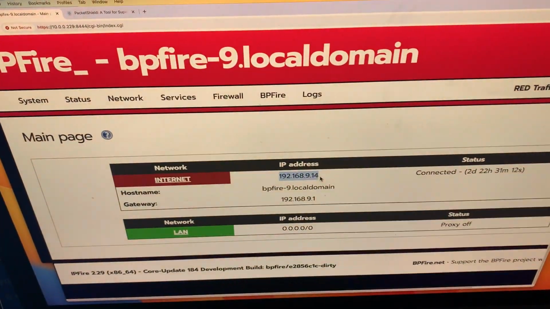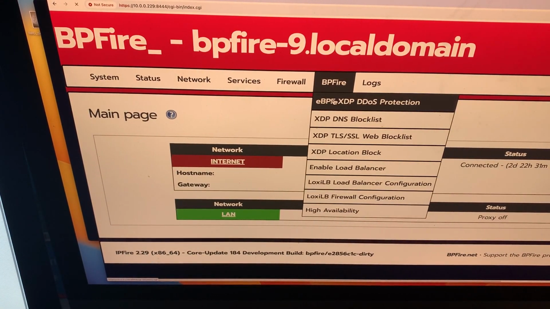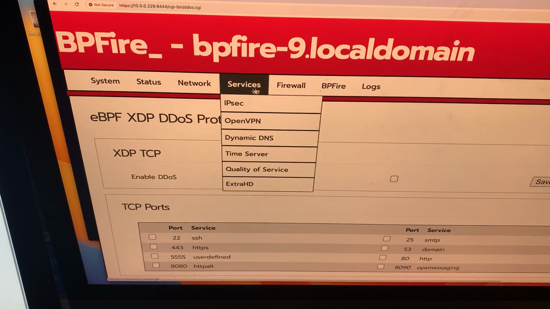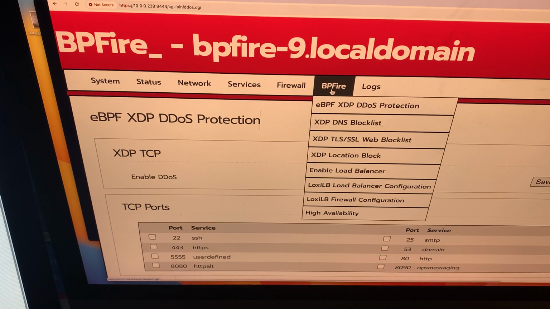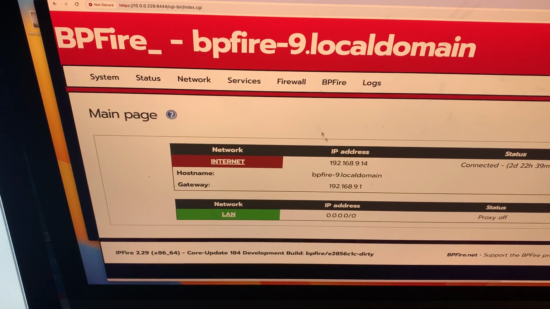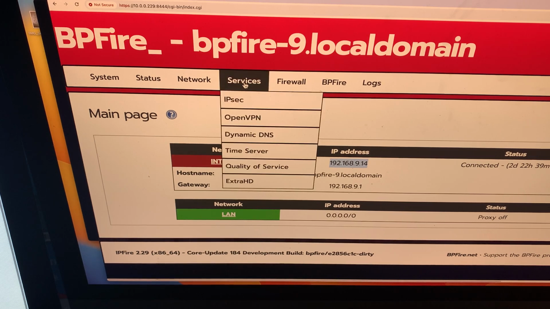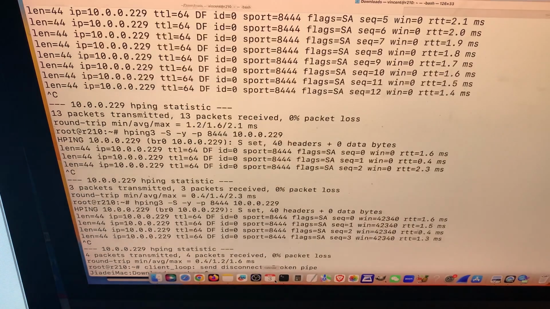From this test machine, let's see our connection. The load balancing connection still works for the backend web firewall. You notice that for the x86 based firewall, I have more XDP features. Actually, the LoongFire also has similar features. I just have not added the menu here yet. But anyway, the load balancing is working properly, because I can browse this website, the backend web firewall, and it works fine. Now let's send a SYN flood from